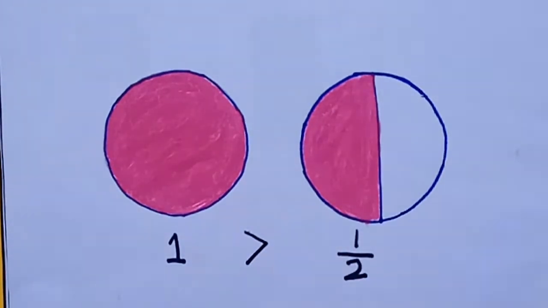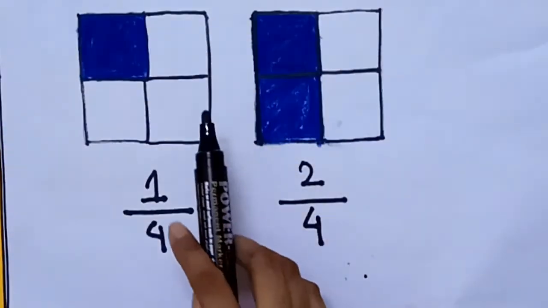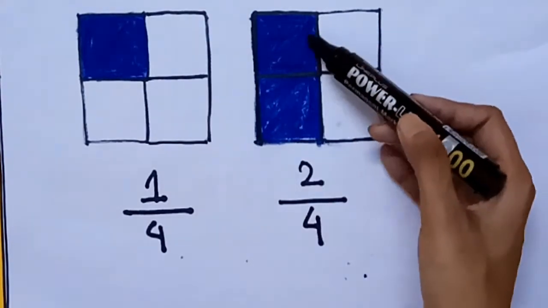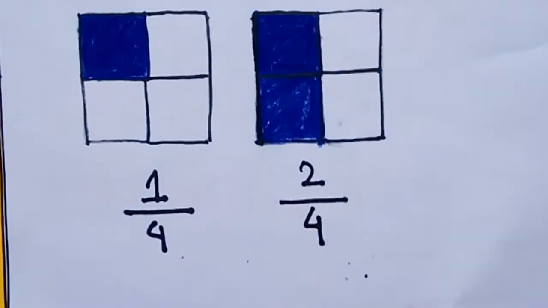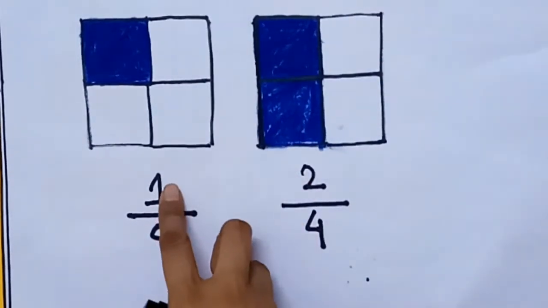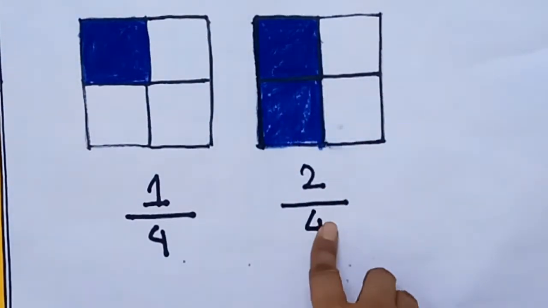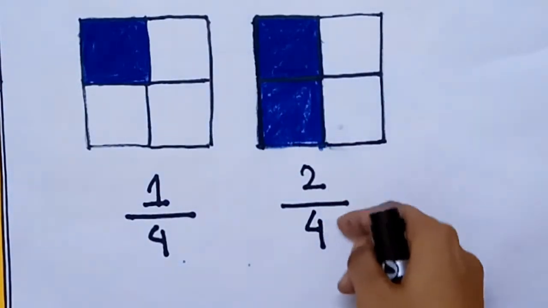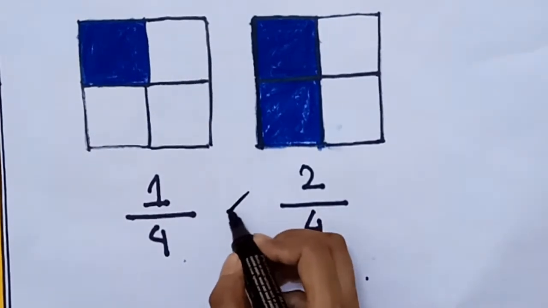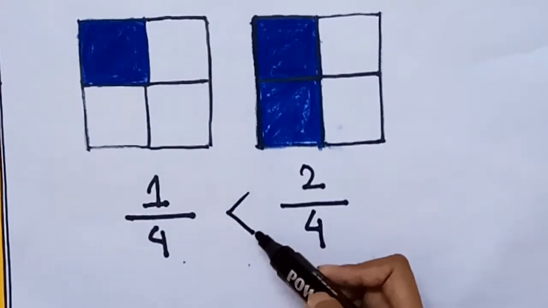Okay, again this picture: this portion is 1/4 and this portion is 2/4. We have to find which one is bigger. 1/4 is smaller than 2/4, so 2/4 is bigger. So we are putting this sign here: 1/4 is